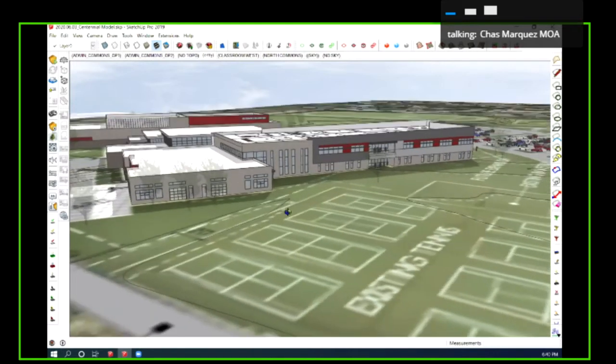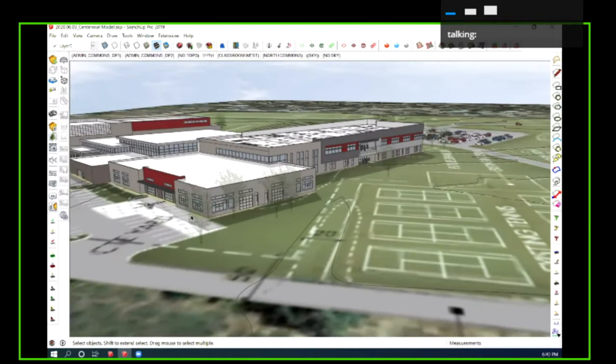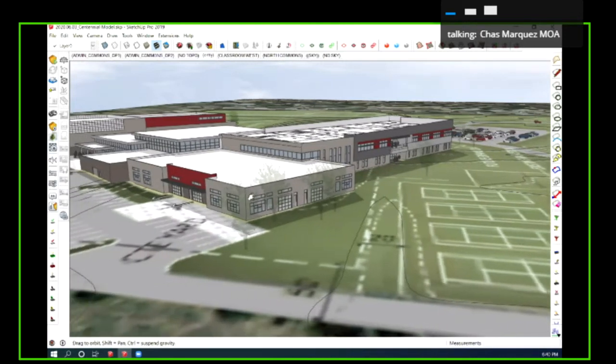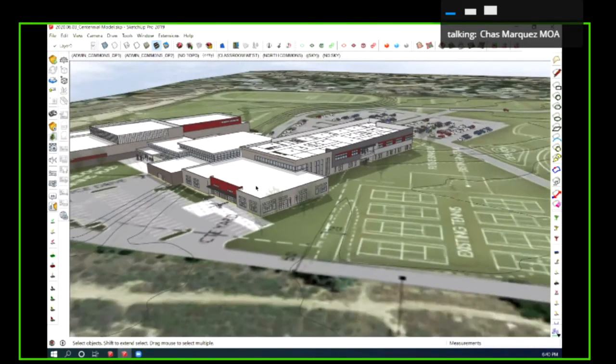As we move to the north side, these will be the CTE spaces. These are where you have your wood shops and culinary spaces. So we're showing some overhead doors that can open up to the outside, so you can really have a nice interaction of indoor, outdoor, and multifunctional spaces while using these types of doors. Again, with some pretty high transparency into those windows, I think that really helps activate those spaces. I'll zoom out here so everyone can get oriented again.